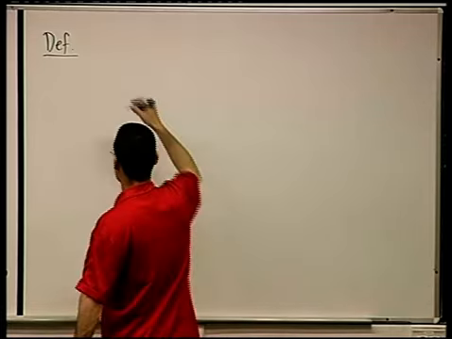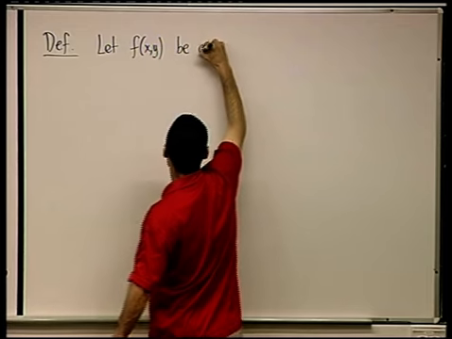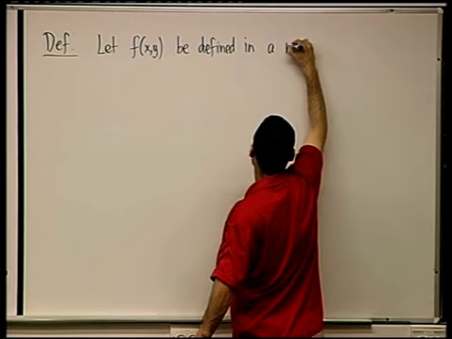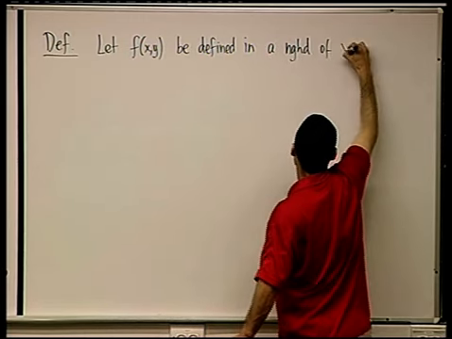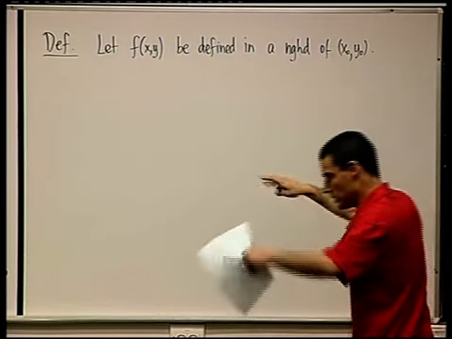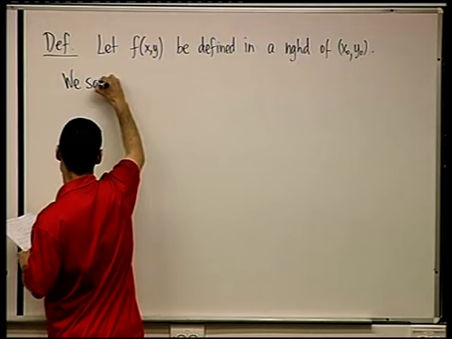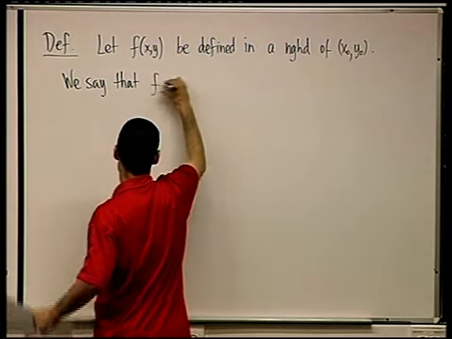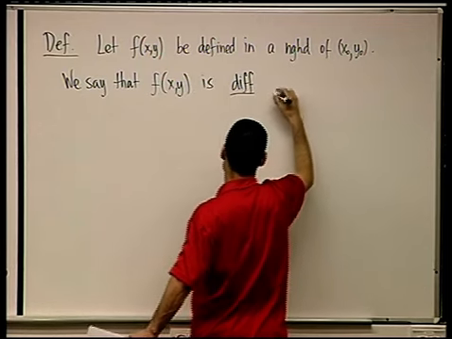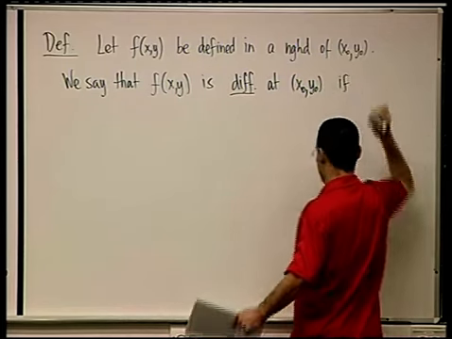Okay? So let f of x, y be defined in some neighborhood of x0, y0. So this is the point we're looking at, and we're assuming that the function is defined in some neighborhood of that point. We say that f is differentiable at that point if,